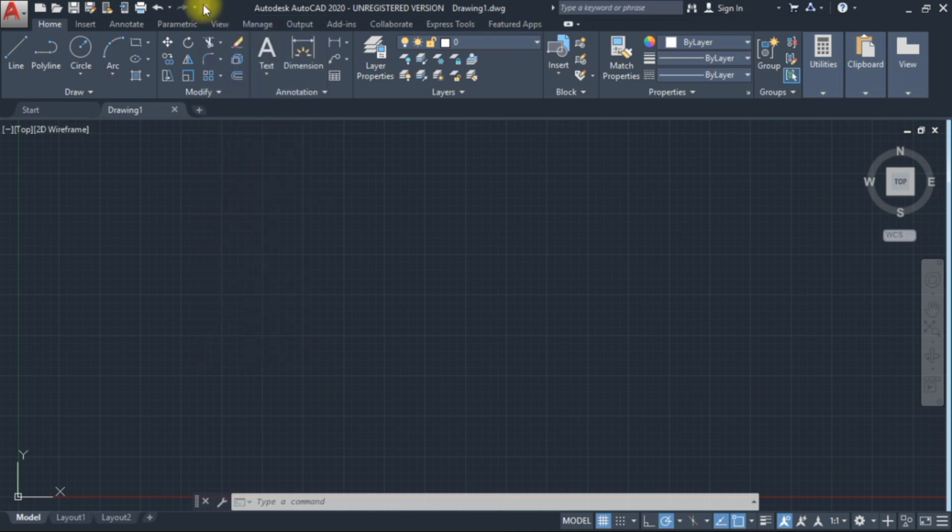So next to the quick access bar, this is the title bar. It provides you the AutoCAD version and file name. Suppose I am working on AutoCAD 2020, so the name is mentioned over there and the file name is also mentioned. Right now this software is unregistered, so at the end I will also teach you how to register